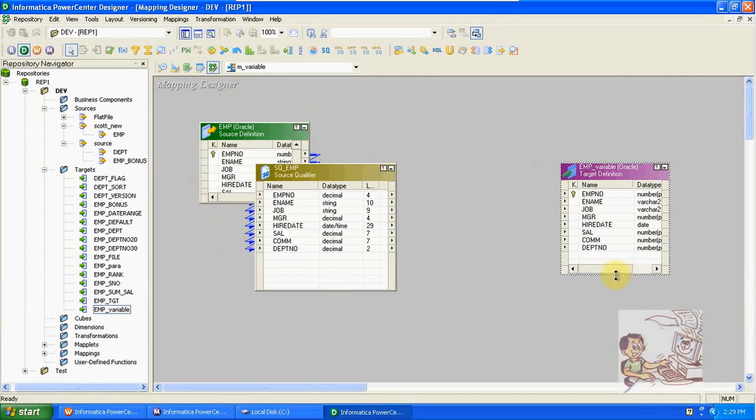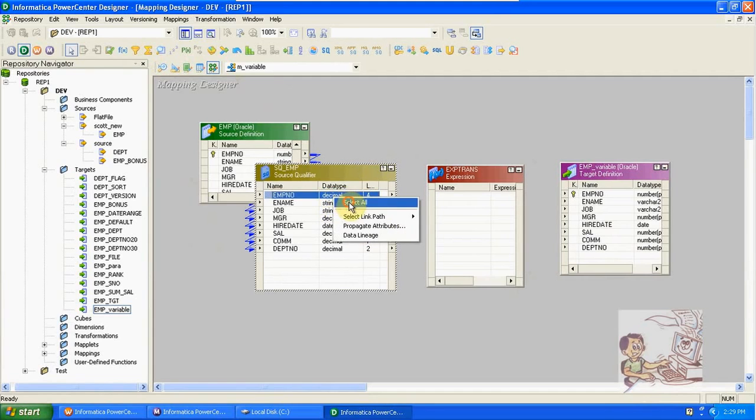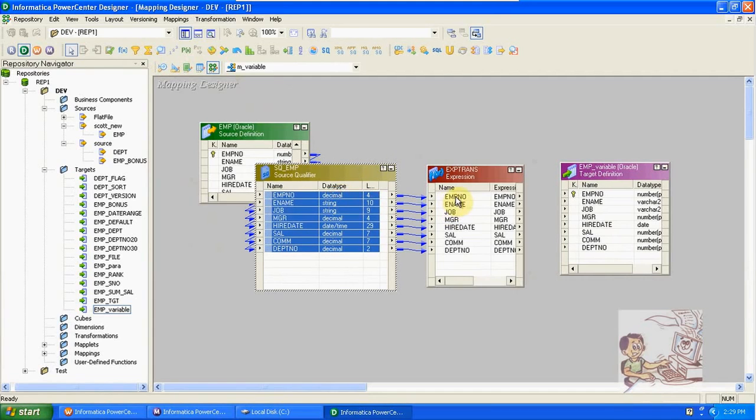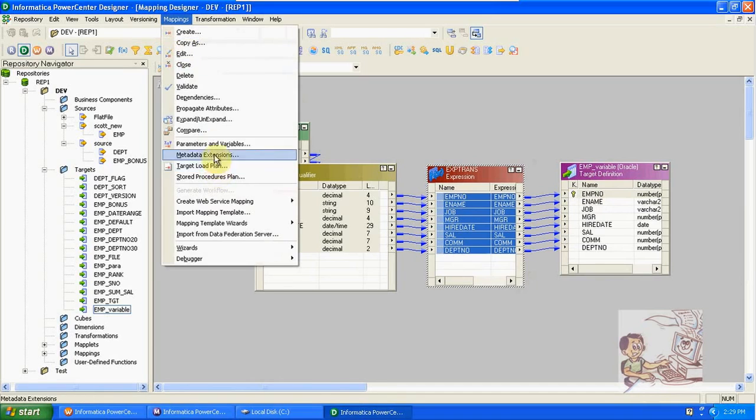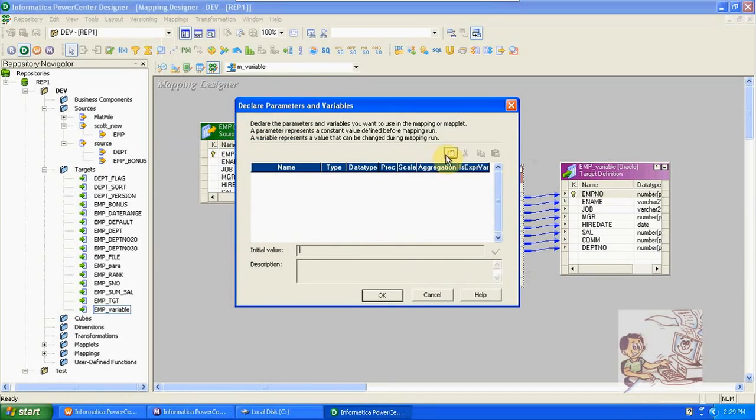Okay. Then take an expression, drag and drop from source to here and from here to target. Create a mapping variable. The state type variable we are creating now. Okay, vDate